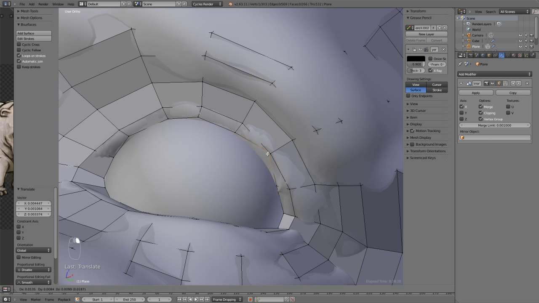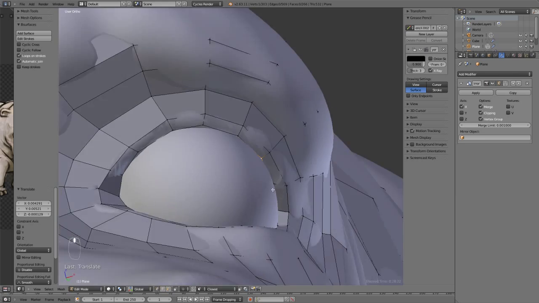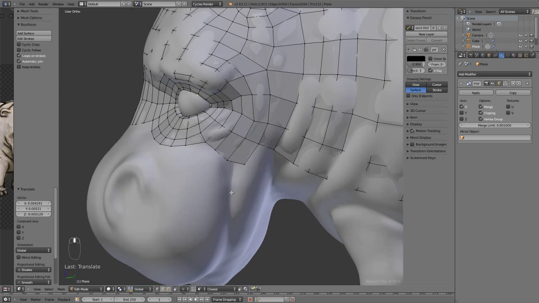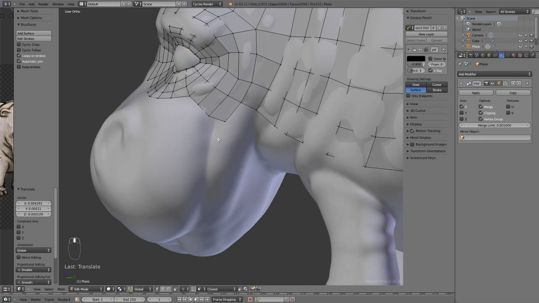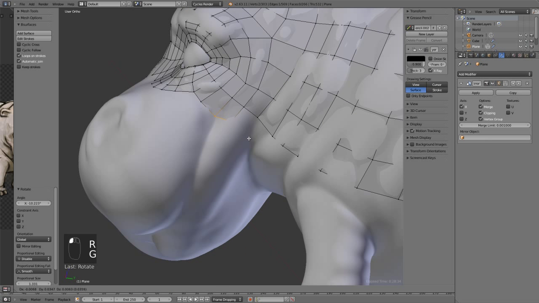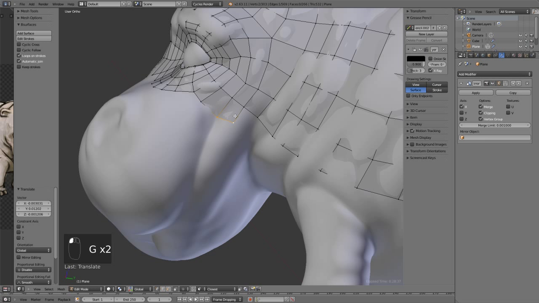So if I want to get really precise right in here, then it just works perfectly. And so sometimes you want to use shrink wrap. Maybe using shrink wrap for the first initial portion of it works quite well. But other times, maybe you won't want to use shrink wrap. So for example, here, if I wanted to do face snapping right here, and I want to bring this down here,